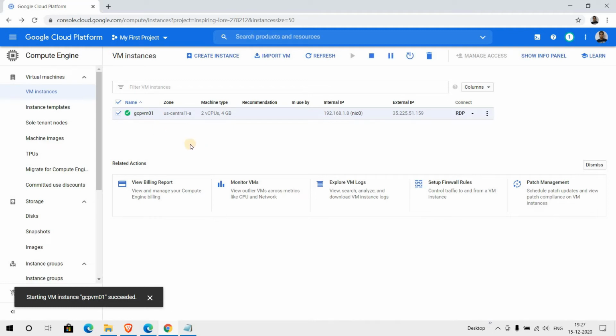Let's wait. Green means the check has passed. Like in AWS we have two kinds of checks. When a machine boots up, you get two kinds of checks on every machine. So this is also part of the checks. When you get this green icon, that means the instance is running. It could be a yellow mark or red mark, which could be a critical one, but green is fine, meaning there's no error. The machine is running.